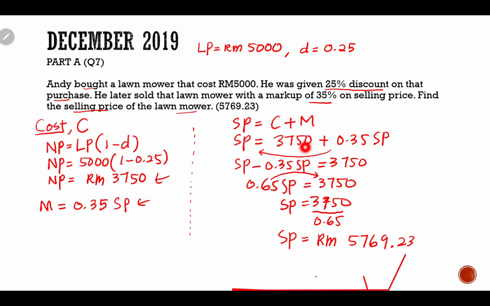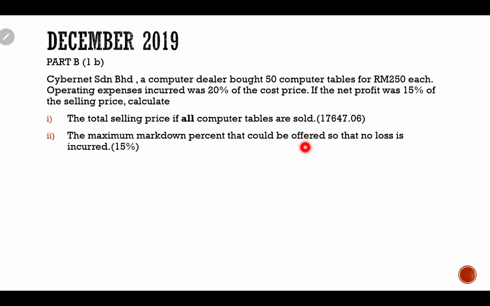So that settles Part A, December 2019. Now let's proceed with December 2019 Part B, Question 1B. A computer dealer bought 50 computer tables for 250 ringgit each. Operating expenses incurred were 20% of the cost price. If the net profit was 15% of the selling price, calculate the total selling price if all computer tables are sold. And then find the maximum markdown percent that could be offered so that no